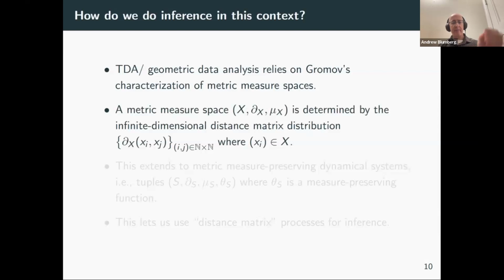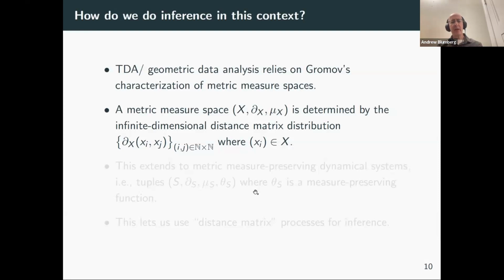is that a metric measure space is determined by the infinite dimensional distance matrix distribution, where you have an infinite dimensional matrix produced by sampling from the points of the metric measure space according to the measure and writing down the distances. And maybe more importantly, the infinite dimensional distance matrix distribution is determined by the increasing sequence of finite dimensional distance matrix distributions. Okay, and of course, since that's what we really have access to in life, this tells us that that's a complete invariant in principle of the kind of underlying stochastic geometry that we're studying.